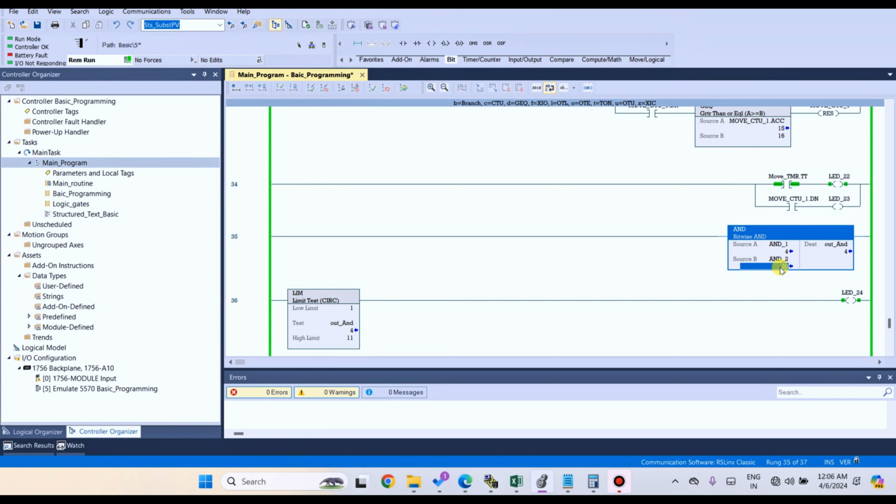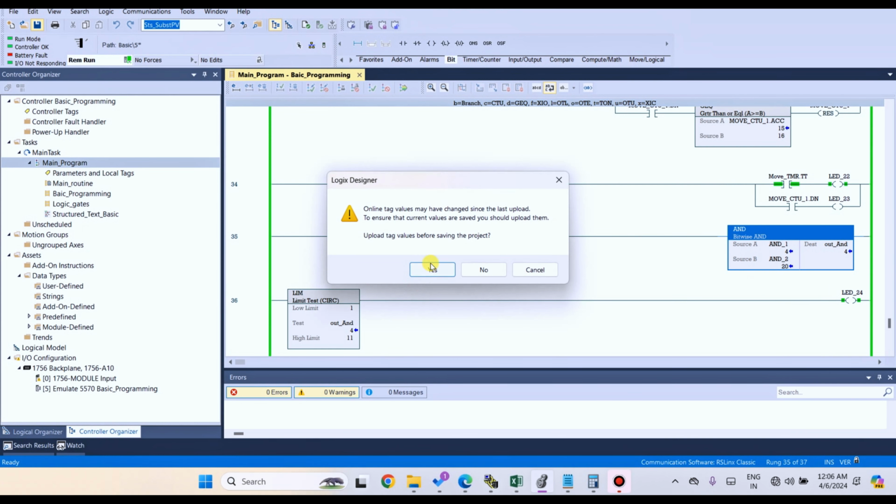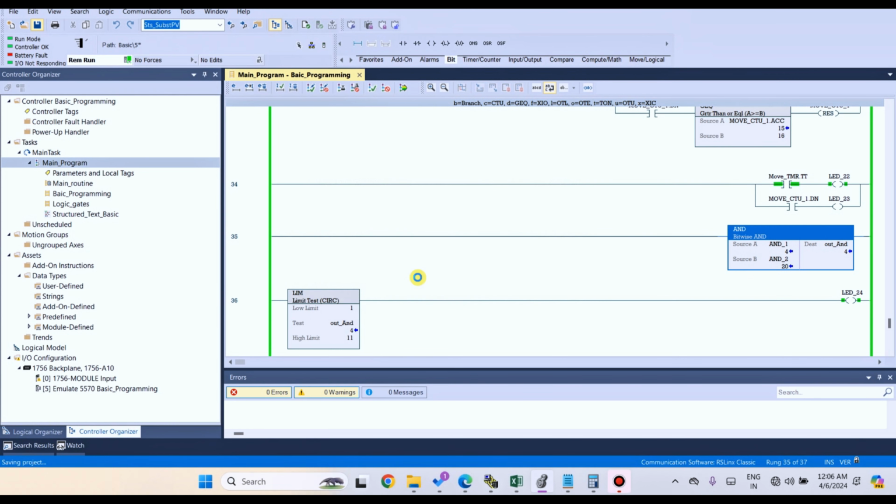Same condition for 5. If source A is 5, same condition for source B 6, 7, 8, 9, 10. If you want to, you can write it out, observe it easily, or you can see how it works. So the next gate is